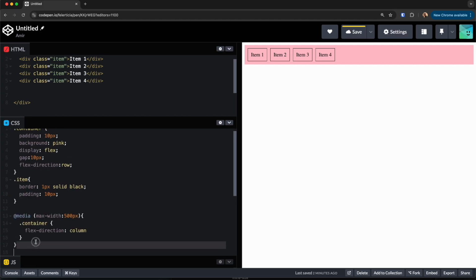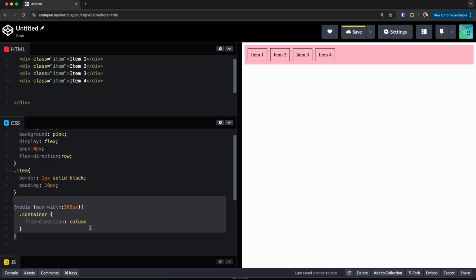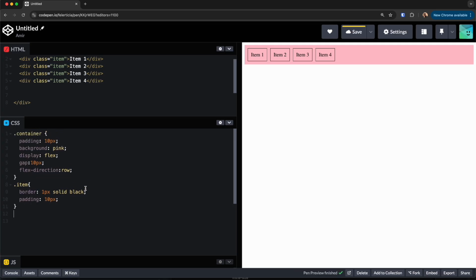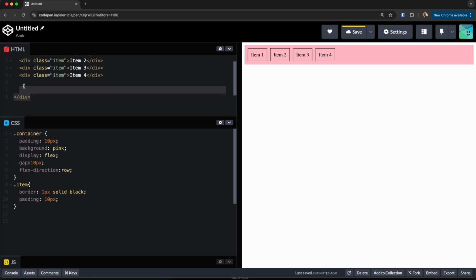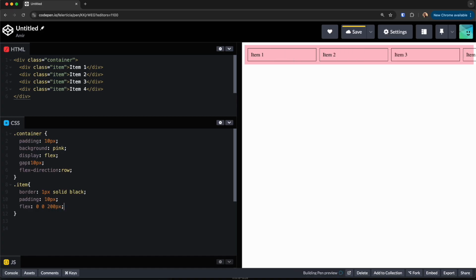Okay, let me remove this media, we don't want it anymore. Now here, and let me make this like this. Great. Now, suppose these have some width. I would define something here, but I will describe this later on when we get to it. So let's say this is like this. Now the fourth item, as you can see, overlaps. If I go here and say